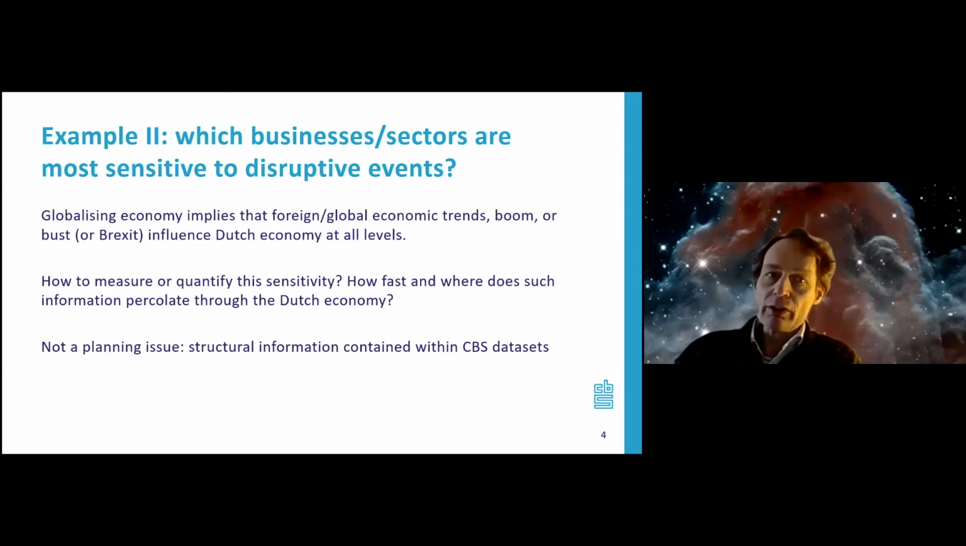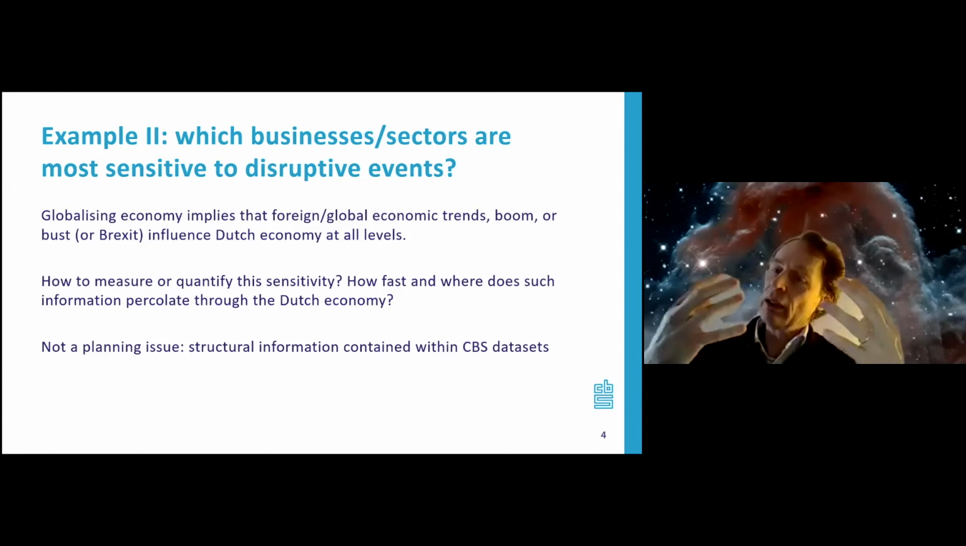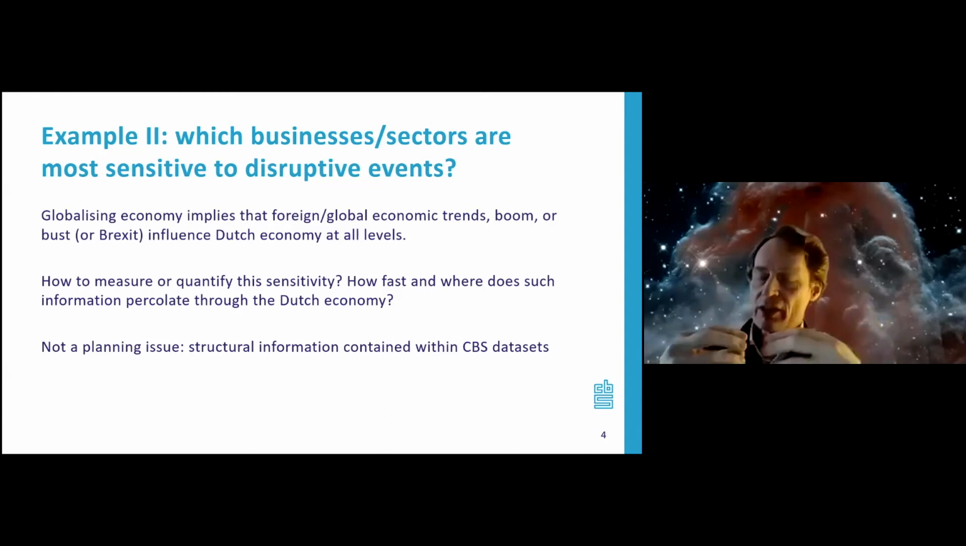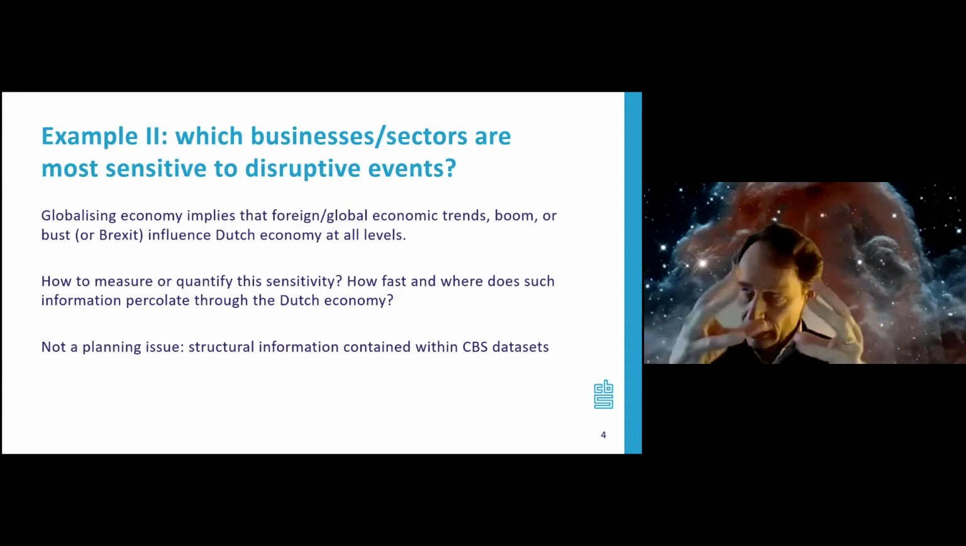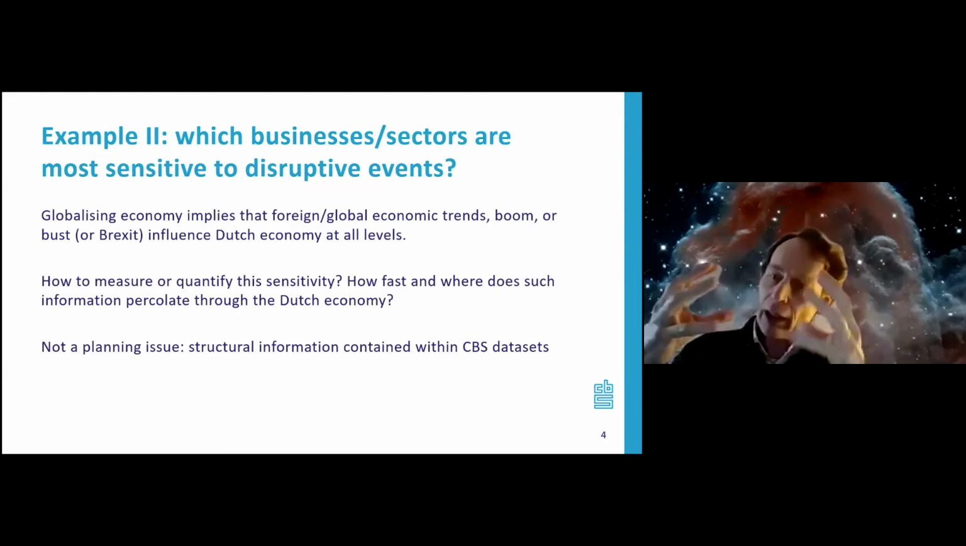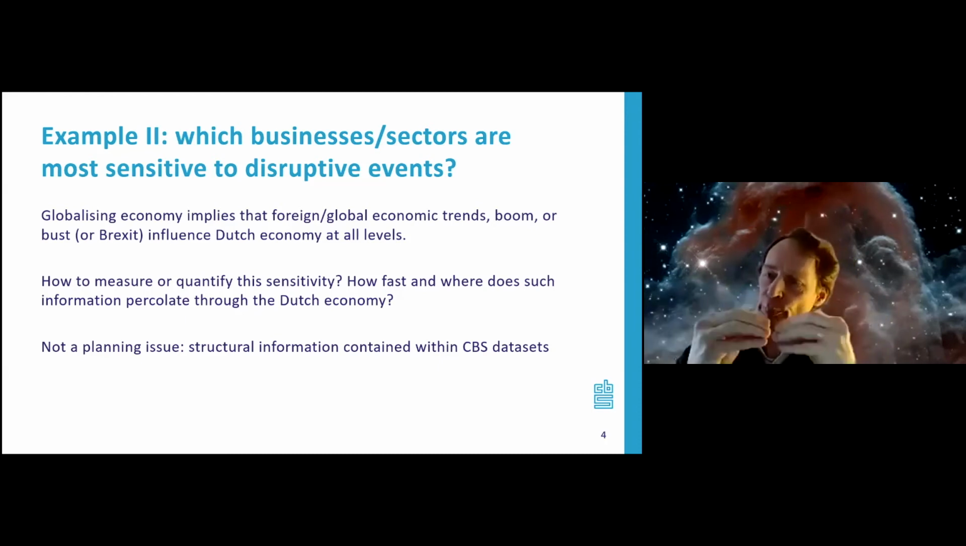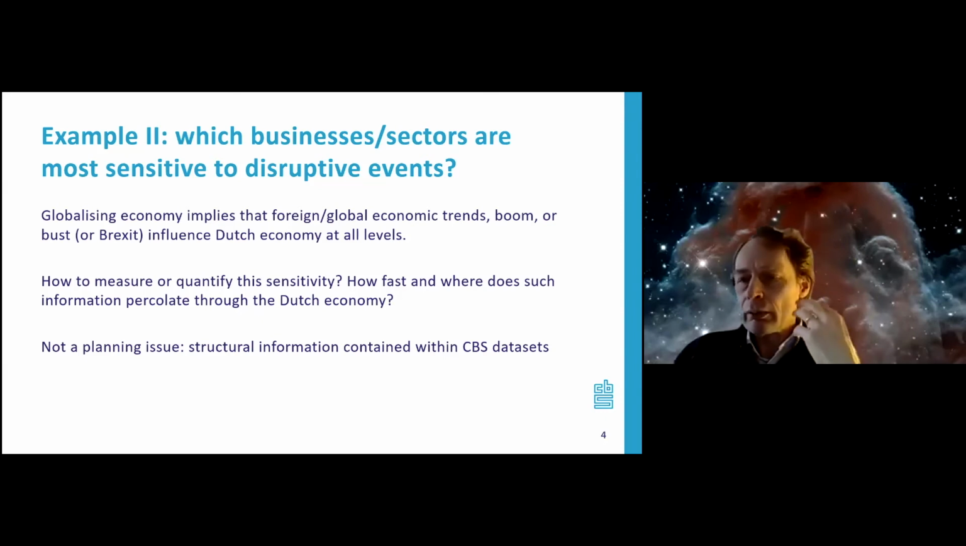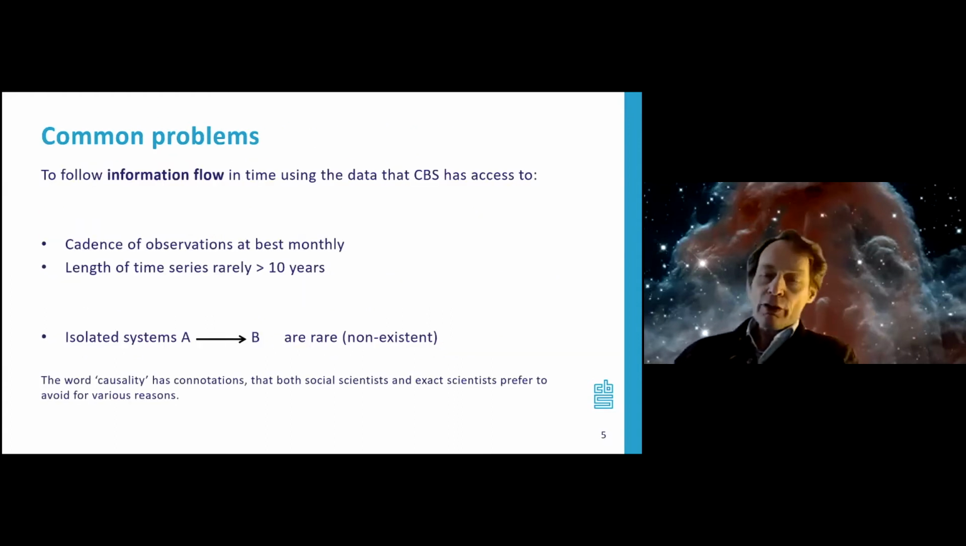So in that sense, there's seeing the Dutch economy as a complex system, and modeling and collecting and organizing our data to support that view is different from what you think of as the usual thing that CBS does, but is much more important in a globalizing economy than it might have been 50 years ago or even 20 years ago. Okay. So the common problem that we then have is that we need to follow information flow, what influences what,